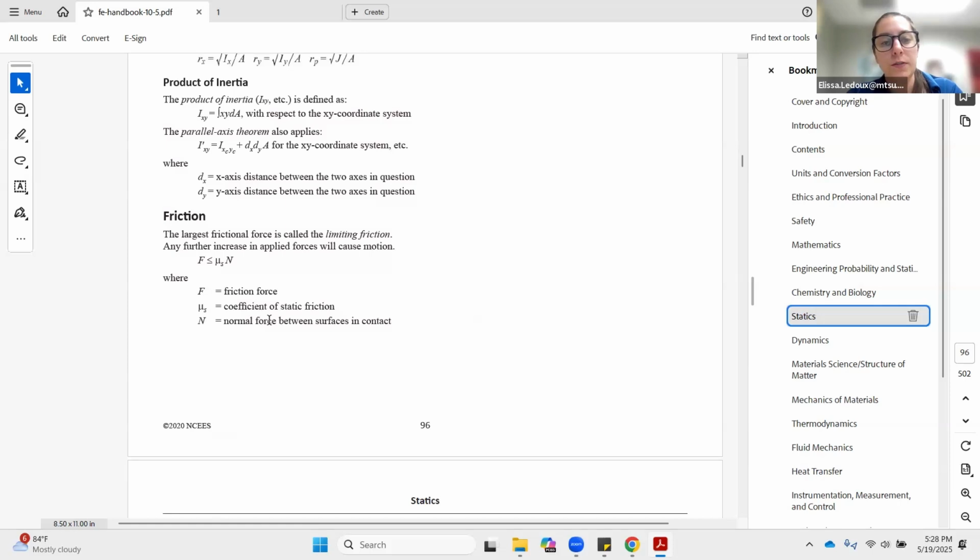Friction, this one's different. So basically, the static friction force is less than or equal to the coefficient of static friction times the normal force. If you want to see how much force it takes to make something move, then you would use this coefficient times normal, and that would be to overcome static friction. But the static friction would be less than that if there weren't any external forces at play or not enough